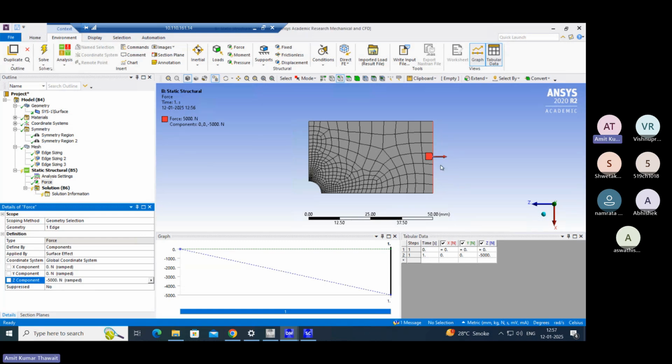Getting my point? So the actual value, when we are modeling the symmetry, when we are slicing the body, we are considering here half of the body, so we should divide the load also by half, so it will be minus 2500. So now what will happen? 2500 here, and 2500 will act on the bottom side also, so the total load will be 5,000 Newton. Okay,